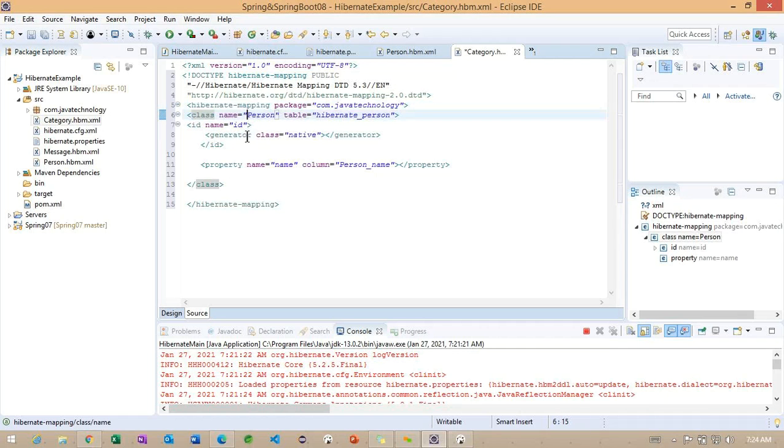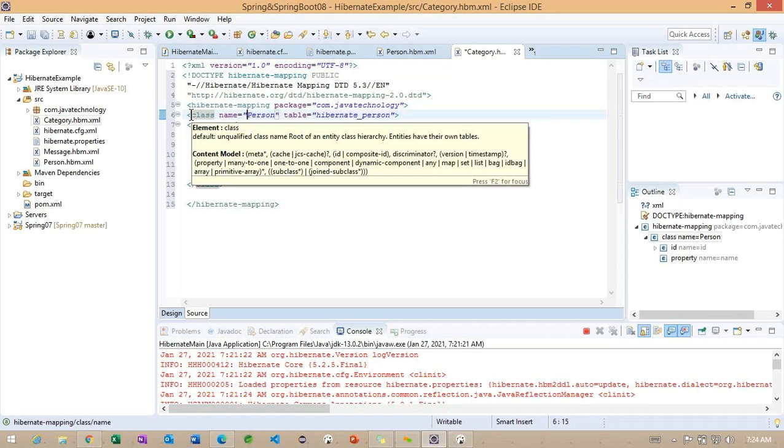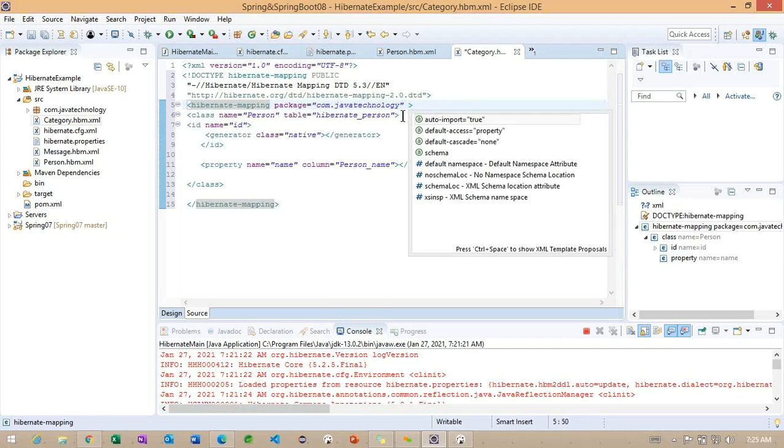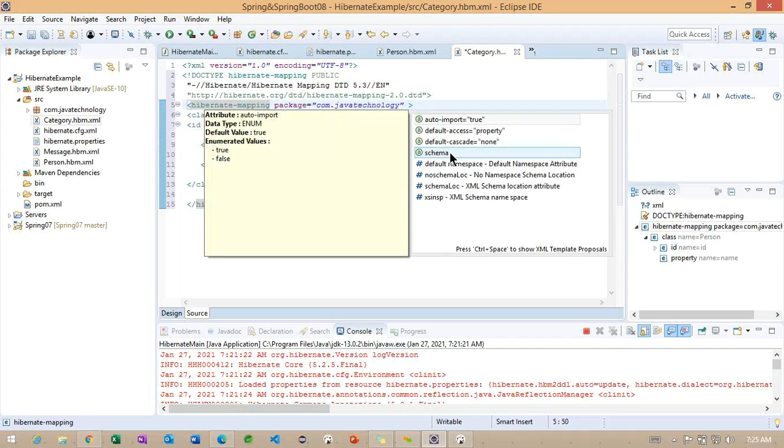Basically, if we are adding multiple classes, whenever we work on association concepts, we are going to define multiple classes, so we don't want to specify the package name in multiple locations. For this purpose, we can specify the package on top of this Hibernate mapping. And here you have one more option, schema. The schema which we used in Hibernate, if we want to use the same, you can specify it.